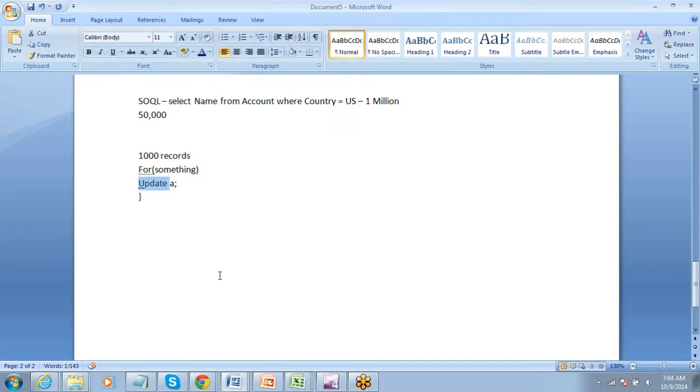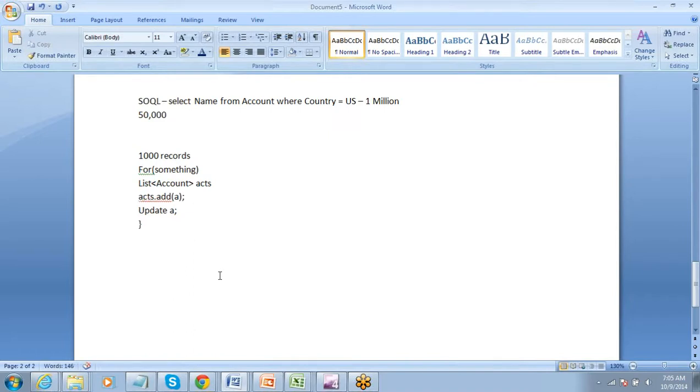Got that thing? So the solution to this would be, instead of doing update for something, I create a list of whatever account or something, and instead of doing an update operation, I keep on adding the values to the list.